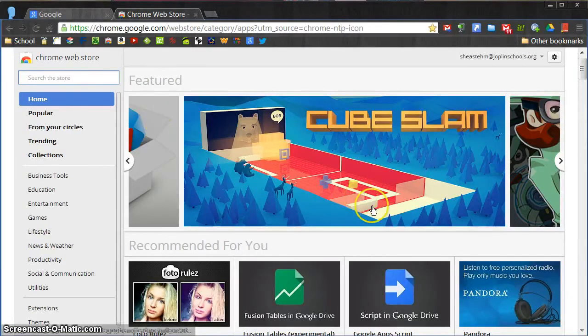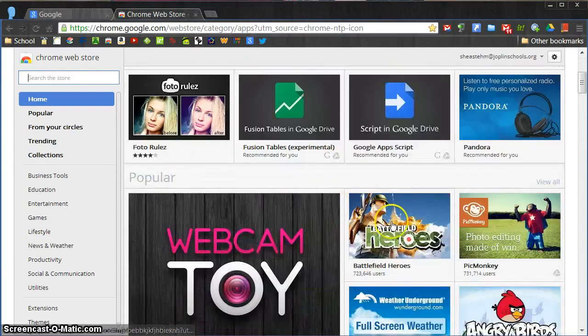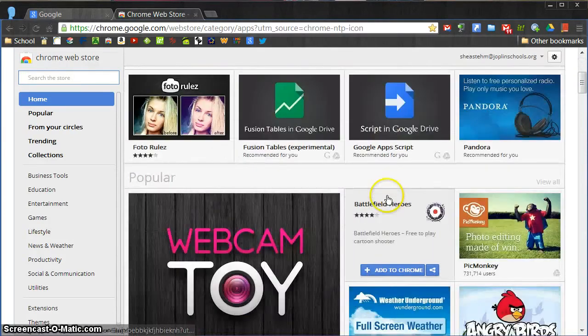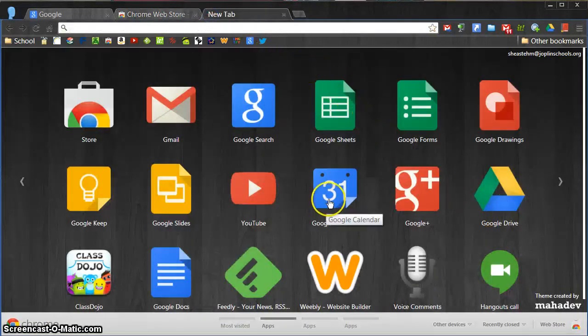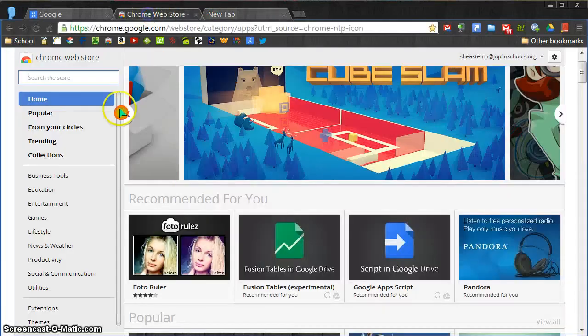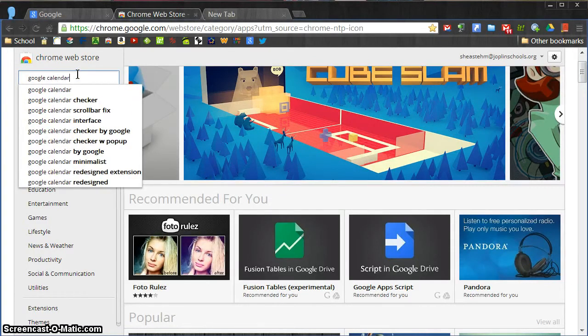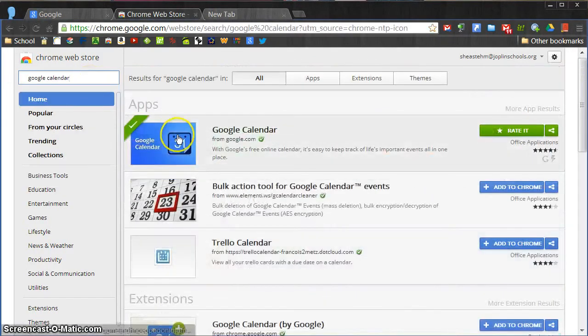It takes me to this little place here where you can search the apps and extensions. So let's say I wanted the Google Calendar app, because I use my calendar a lot. So I'm just going to type in Google Calendar, and there it is. As you can see, I have a check mark on it already, meaning I already have